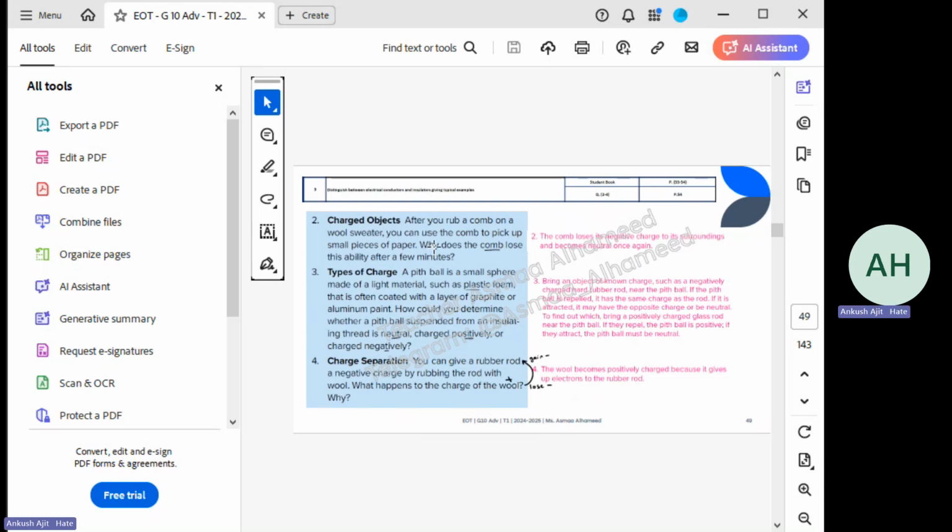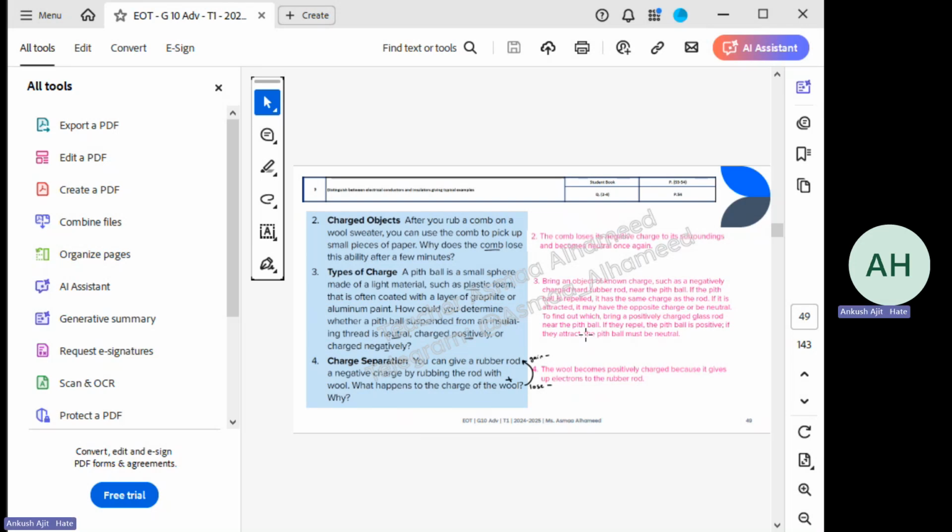How could you determine whether a pith ball suspended from an insulating thread is neutral, charged positively or charged negatively? So here is the answer for this. Bring an object of a known charge, such as a negatively charged hard rubber rod, near the pith ball. If the pith ball is repelled, it has the same charge as the rod. If it is attracted, it may have the opposite charge